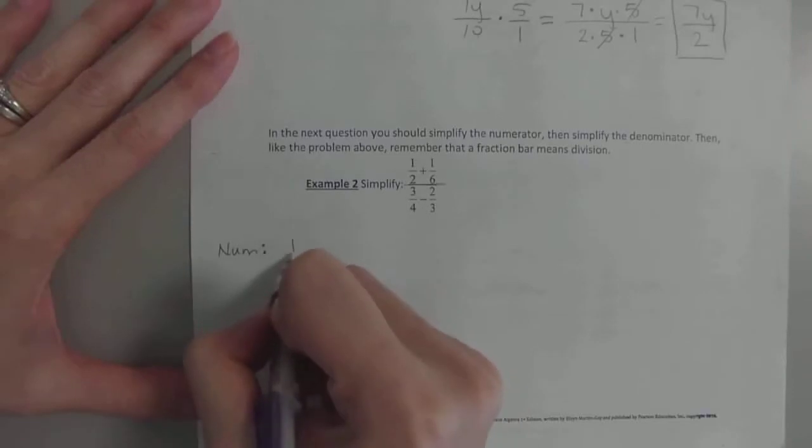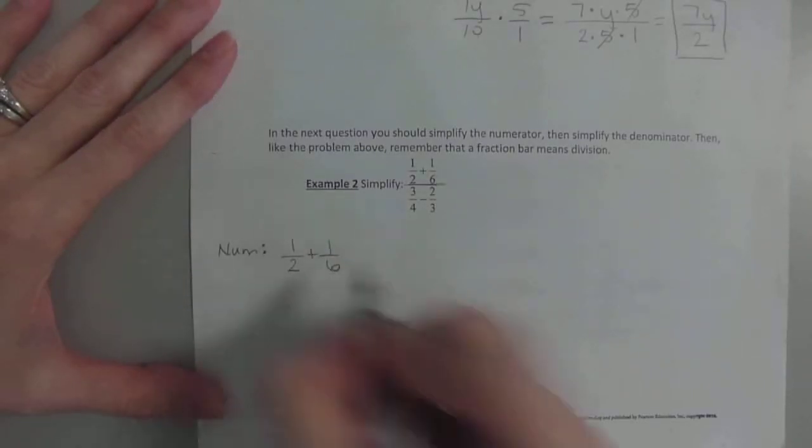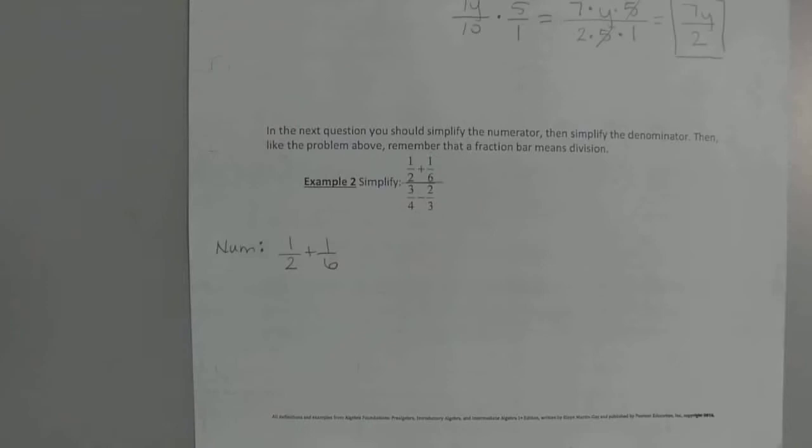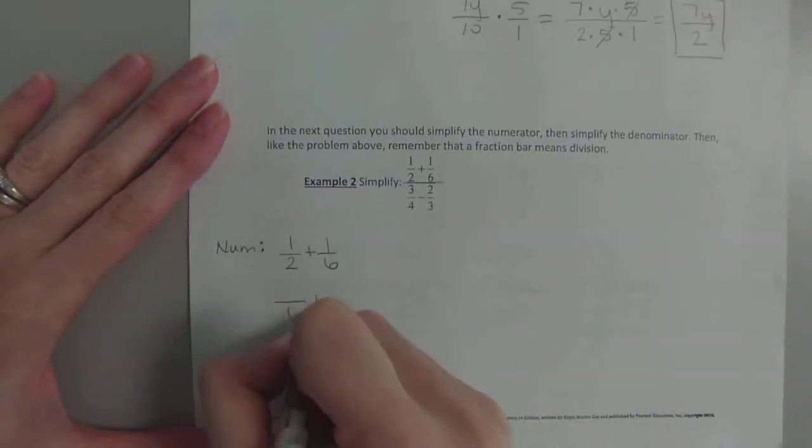All right? We have 1/2 plus 1/6. Can I add that as is and make it 2/8? No. What do I need in order to add fractions? An LCD. Can anybody look at 2 and 6 and see what number both 2 and 6 go into? 6. Or you can do 12. That's fine. But if you keep it smaller, it makes it easier, right? So again, the multiple method way works. Which is the bigger denominator? 6. Does the smaller denominator go into the bigger denominator? Yes. So we can actually write this as